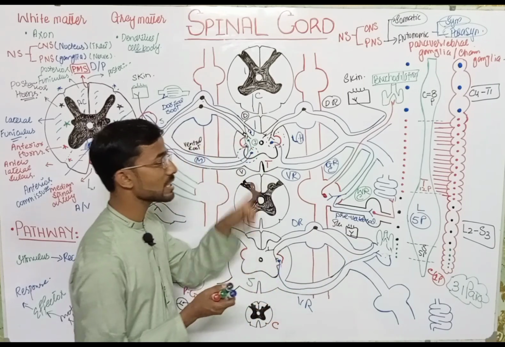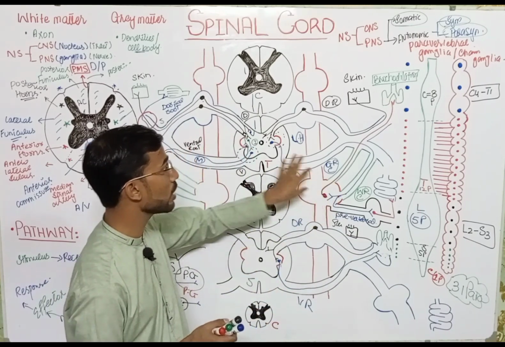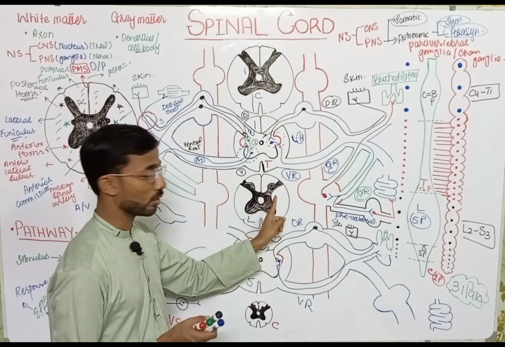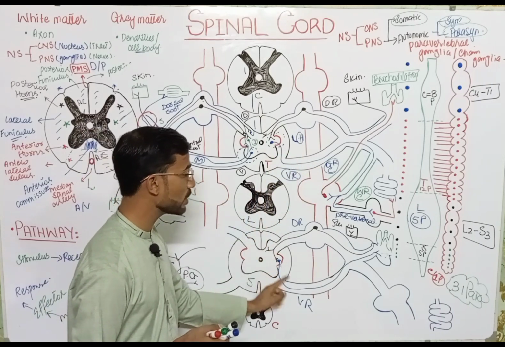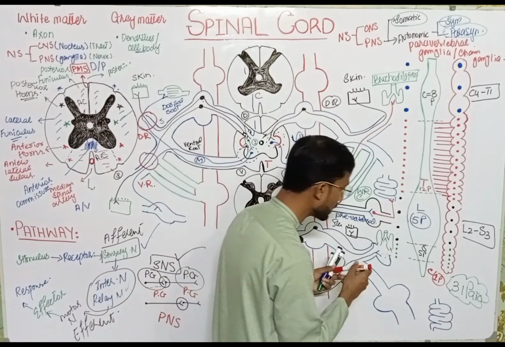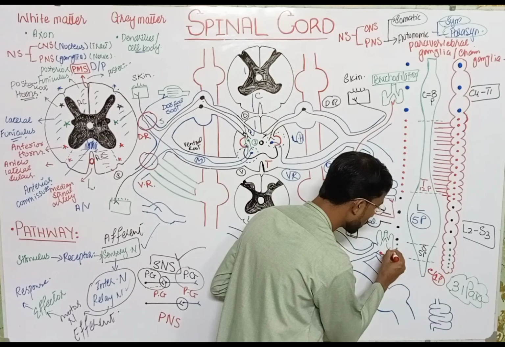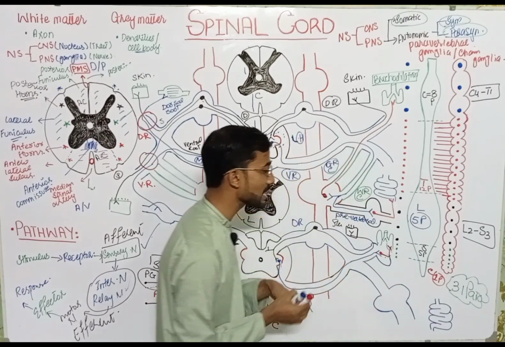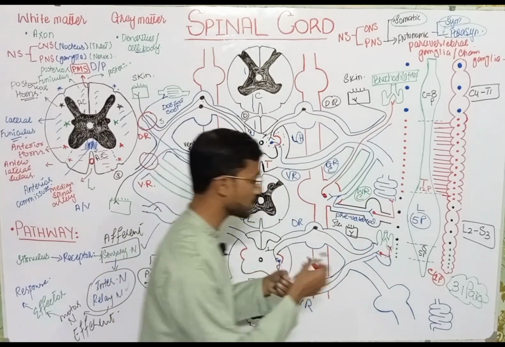In the sympathetic you will see the ganglia present close to the spinal cord, but in the parasympathetic the ganglia is present away from the spinal cord. Here is the postganglionic fiber that supplies the lungs, and in the lungs you will see